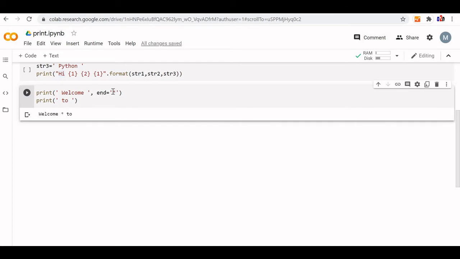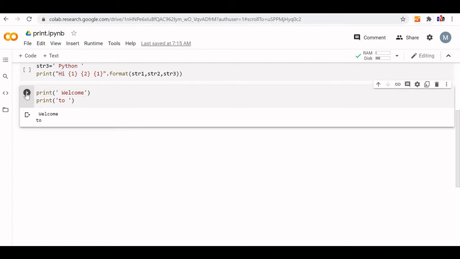Whatever I write, if I want some space to be given, I will give a little space here. You can see that a space is added. By default, some space is already there. Let me remove this thing between. I can see now the space comes because of the value I am assigning to end. This is the purpose of end: whether to give a line break or not. If I want a line break, let me just remove this end from here. So now I will get 2 lines.